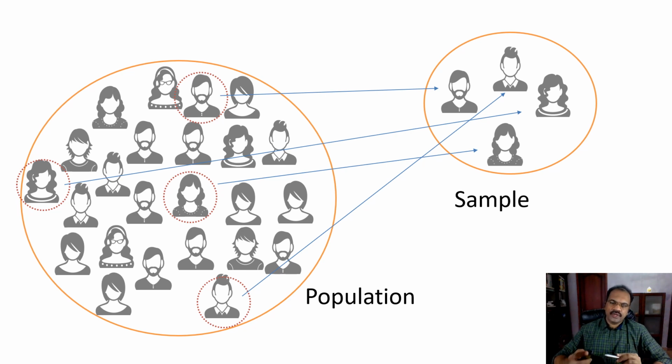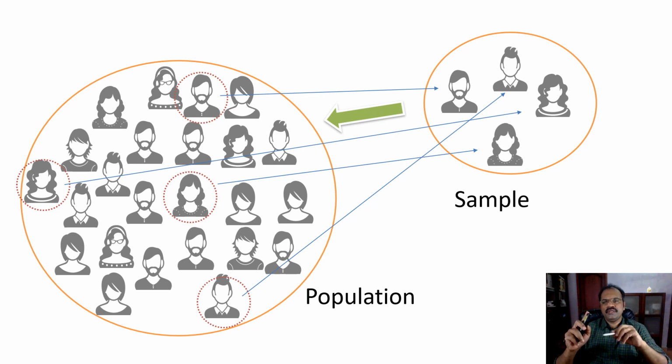But your intention will not be to study what happens in this sample. Your intention is basically to generalize whatever you find in this sample to the population from which they were picked. That is how this entire inferential statistics, your p-value, everything works, based on this part only. So you select some sample from your population, you study them, and whatever findings you get, you want to generalize back to the population.